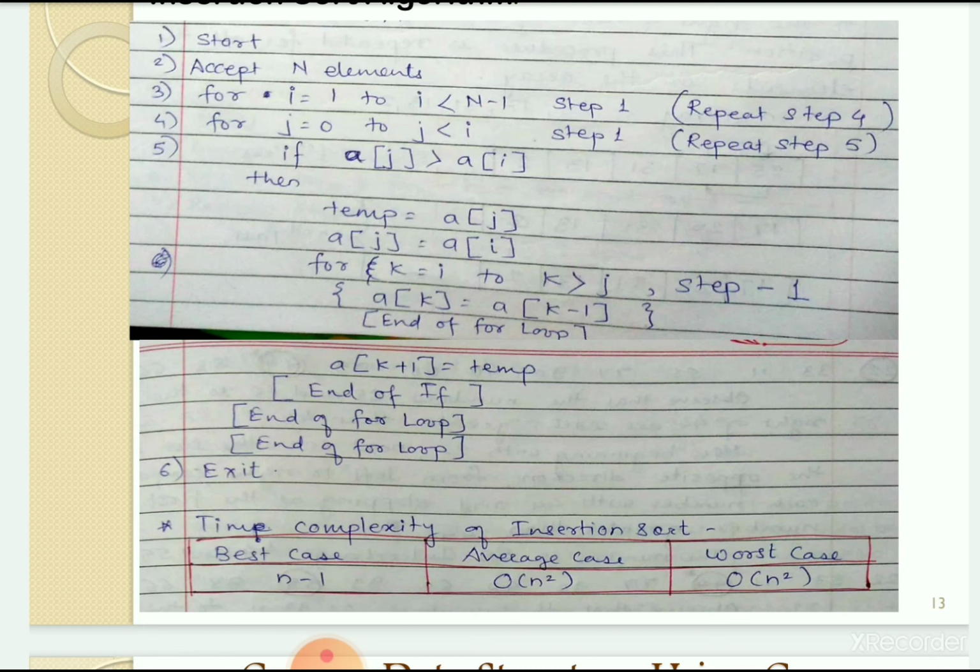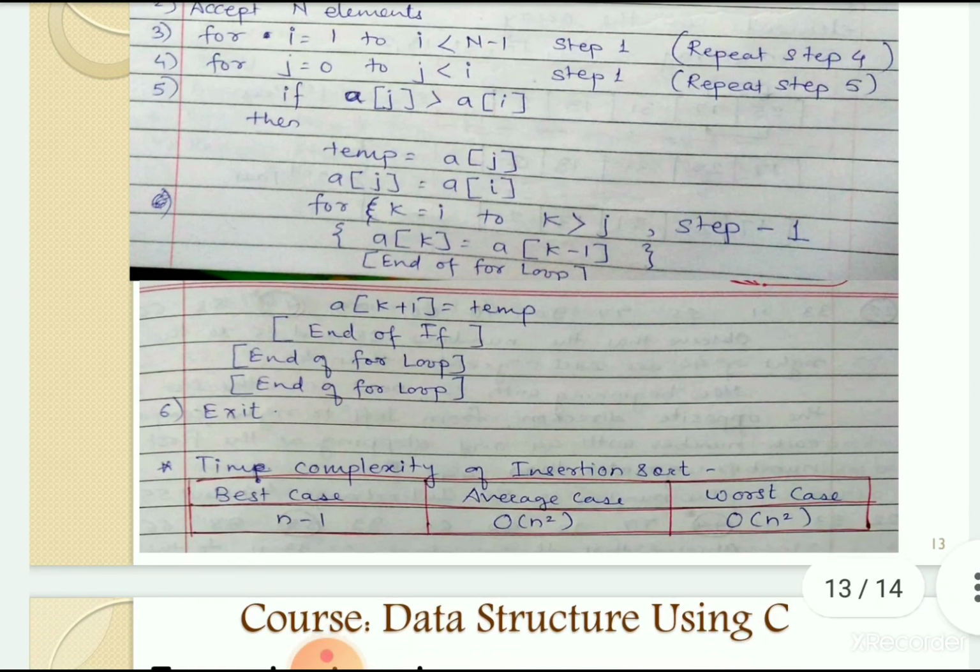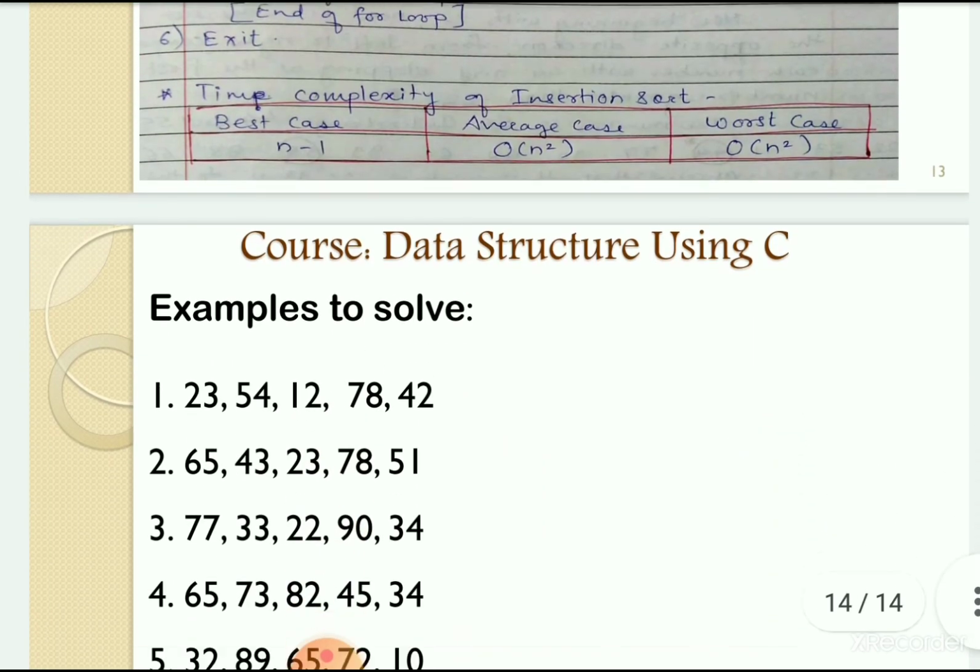You might think it is complicated, but when you solve the problems you get the idea why it is given. So it is a very simple algorithm. The time complexity in the worst case is obviously n square. Because of the number of loops we have used, normally 2 loops we have to include here. So n square is the worst case complexity.